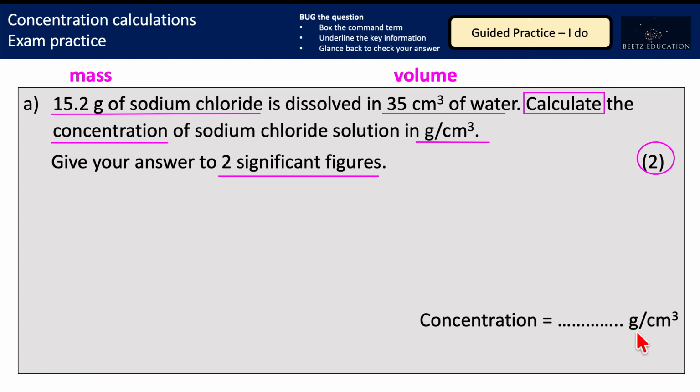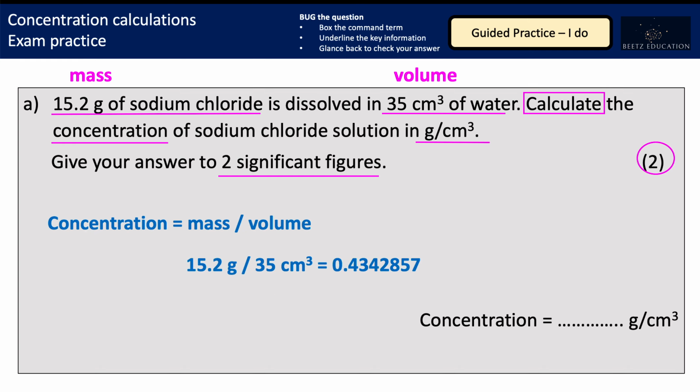I can see from the answer that I'm doing grams divided by centimetres cubed here. So even if I'd forgotten the MCV equation triangle, that's a big hint for what I'm going to have to do with these two numbers. Concentration equals mass divided by volume, M divided by V. I substitute my values, including the units, because this will help me decide whether or not I need to perform